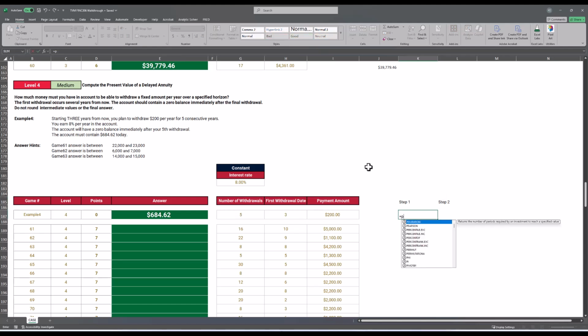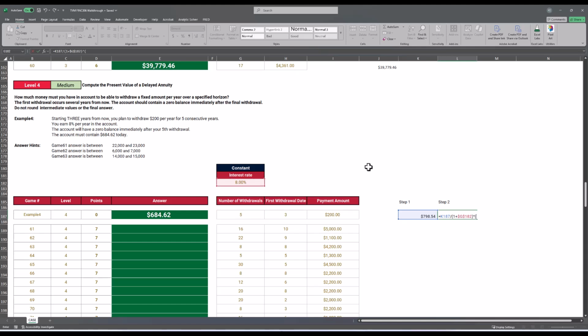So we'll start with present value of the annuity. I need an interest rate, number of periods, that's the number of withdrawals here. Payment is going to be minus payment amount, and that will get me to step 1. Step 2 is I need to take this value and discount it using this discount rate